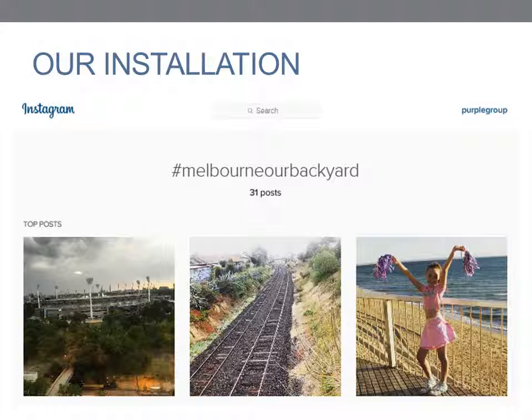Our group installation for this project comes in the form of an Instagram hashtag. So as a group, we came up with the hashtag Melbourne Our Backyard as a way to integrate both learning areas of the curriculum and a connection that we believe all students have to the city in which we live. It's a space that's relevant for all students, the online space. So a space where all students can access, and also the space in which all students live, which is the